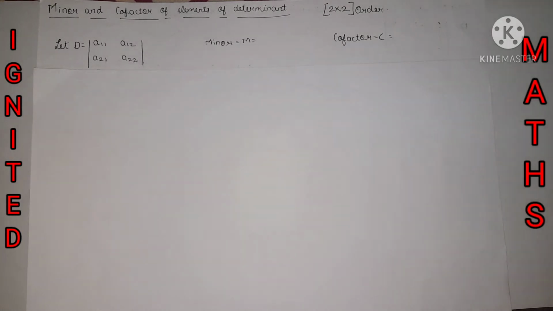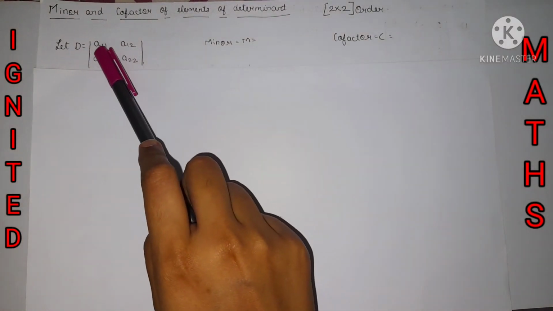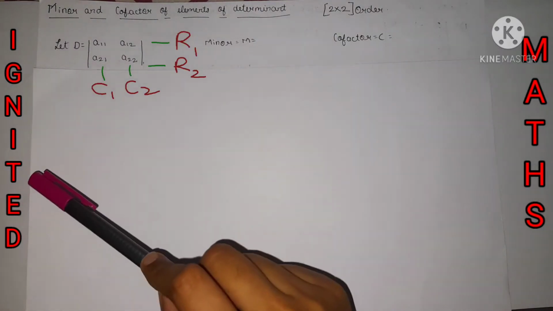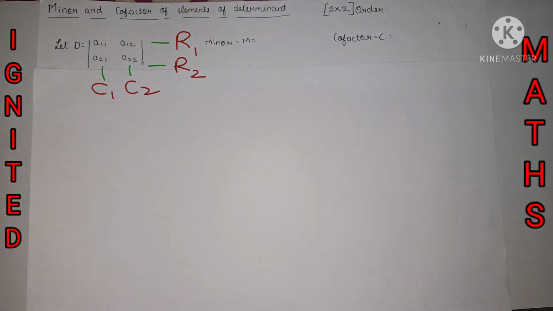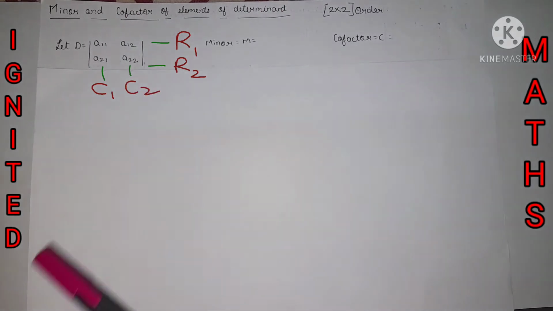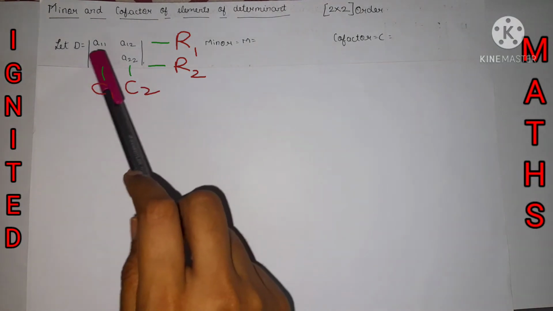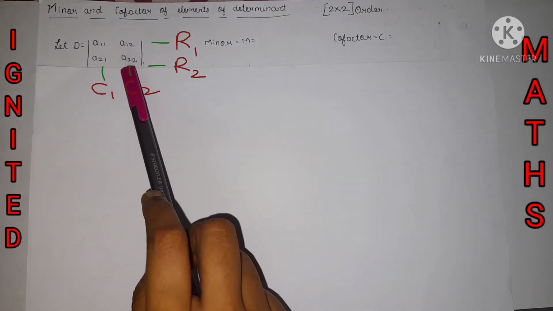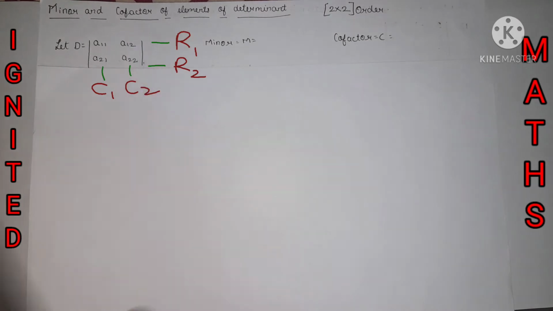Okay, if any queries occur related to the Aij term, no problem, we will get it in the description link also, so no more worry. Now the A11 element says the element A is placed at the first row and first column. A12 element, 1 represents the row and 2 represents the column: first row, second column. And A21, the element A is placed at second row, first column. A22 element, the element A is placed at second row, second column. This is what the Aij term says.